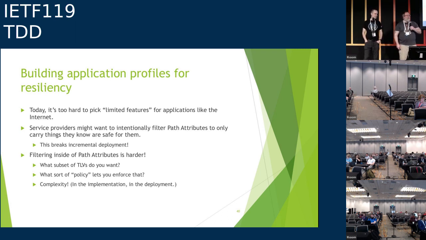So part of it is that building application profiles for resiliency is something we should look at. Right now, it's almost impossible to go to some vendor, including us, and say, we want an implementation that doesn't have everything. One set of coders is usually working on one big code base, if you're very lucky. If you're not lucky, you have a dozen different code bases doing roughly the same thing, maybe with different forks. And if you're a service provider and you want to intentionally filter things that are only important for you, it's tricky. We talked about earlier how those code points haven't been burned very fast over the years,